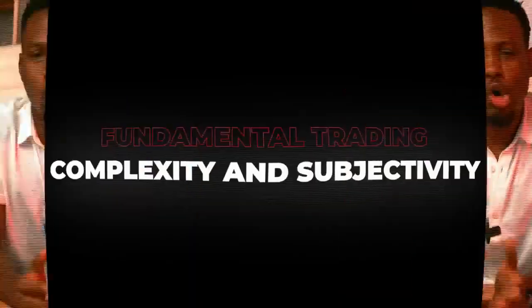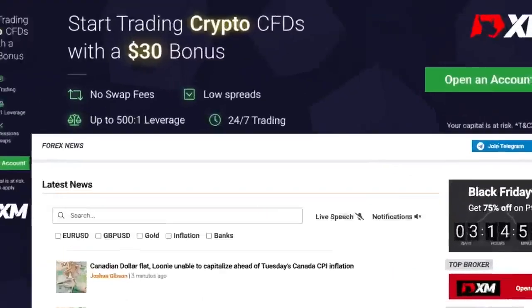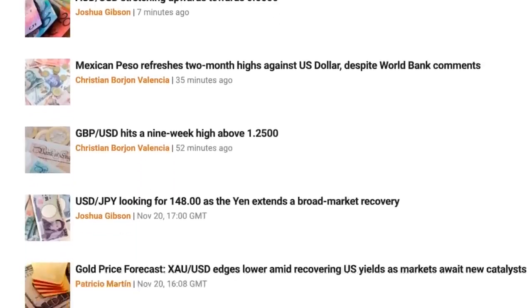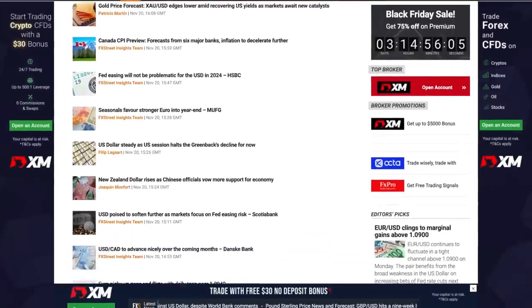The fourth point is complexity and subjectivity. It's subject to so many reasons. You can't just see that the US news is released and it's subject to just one thing. No, there are a lot of things. There are many other factors. It could be social, economic, inside our social economic. There are so many other macroeconomic news, microeconomic news that you really have to deal with. So that has got a lot of eyebrows raising, because 2 + 2 is not equal to 4 with fundamentals. 2 + 2 could be 22. That's just a simple explanation of how subjective it can be.